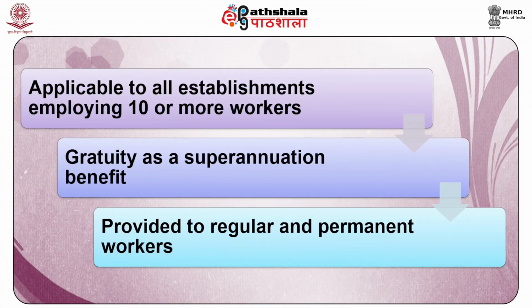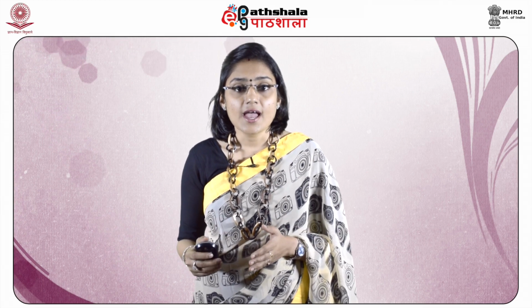Fifth, the Payment of Gratuity Act of 1971. It is applicable to all establishments employing 10 or more workers, under which gratuity as a superannuation benefit is provided to the regular and permanent workers. Overall, the Social Security legislations providing cover against contingencies are generally applicable to establishments employing 10 or more workers, and the self-employed and employees of the small establishments are left out of the Social Security cover provided by the above